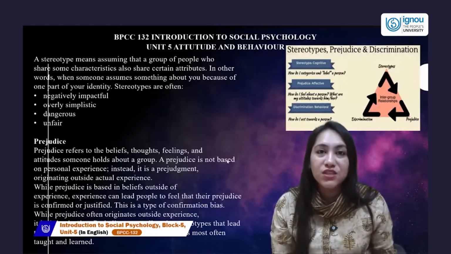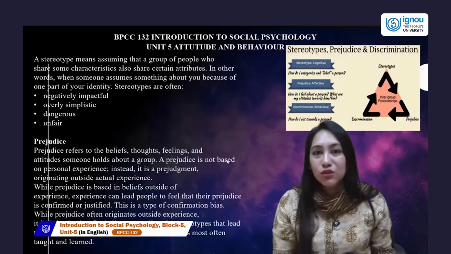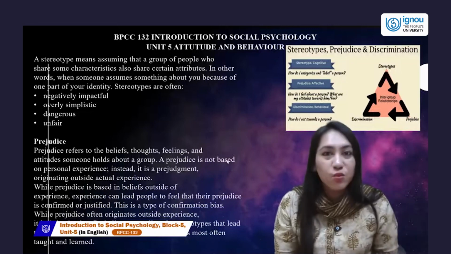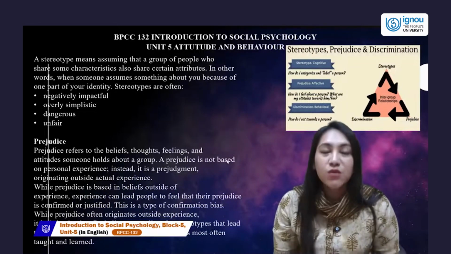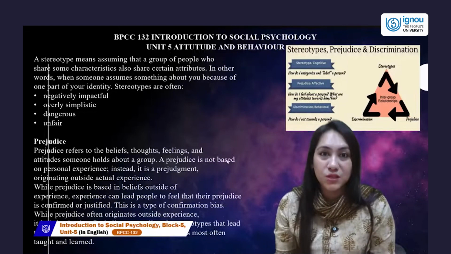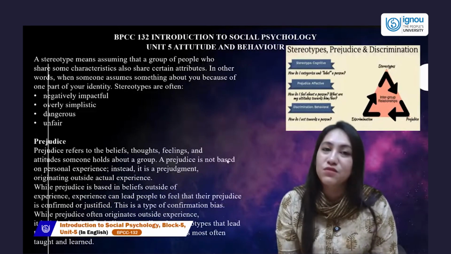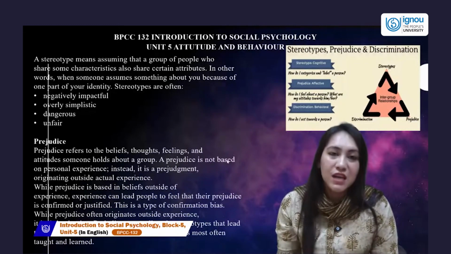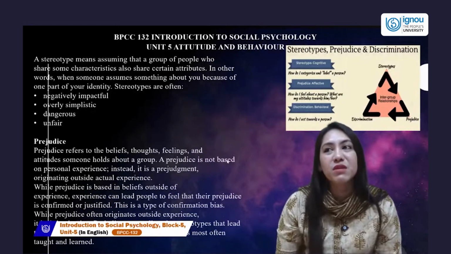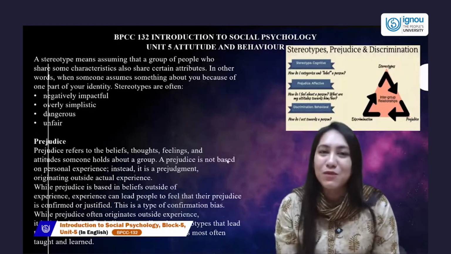We unfairly assume everyone in the group has a common attribute which we might not have seen with our own experiences with these people, but we assume it because one individual in the group has it, and we assume every individual will have it. That's called stereotypes. Stereotypes can make us discriminate against people also, which we come to further on.